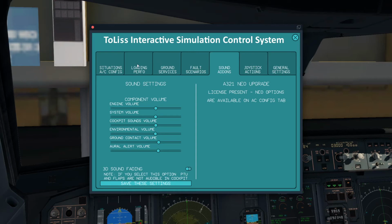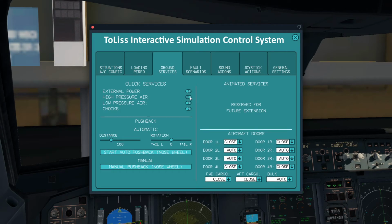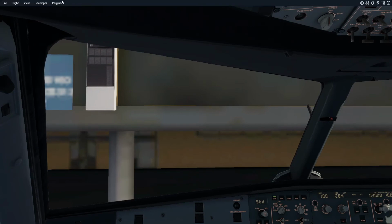So to the lists, open ICS, ground surface, ground contact volume. That's why it's so loud, because it's louder than everything else. I don't really like that because ground contact is so loud. We want ground services. We want high pressure, low pressure, shocks. We don't need the external power because we've got our own power, like I said. And other than that, we can go to